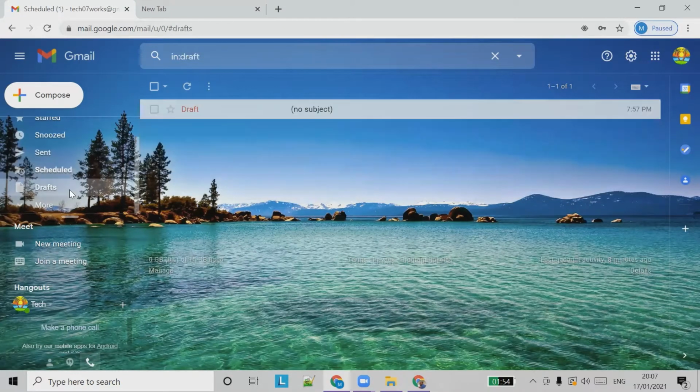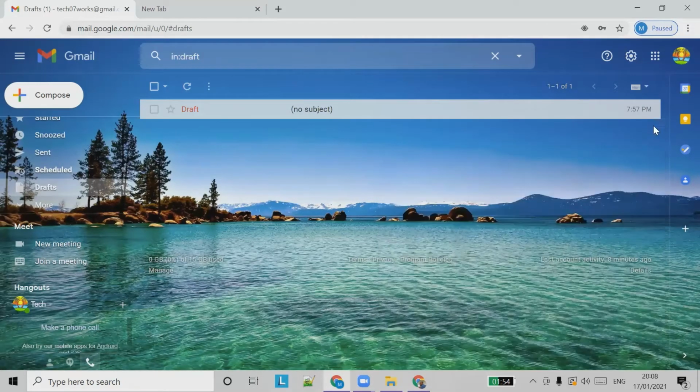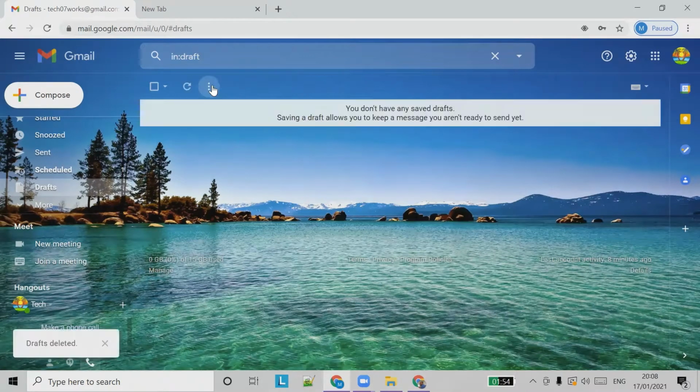We just saw drafts. So drafts are the emails which are not yet sent. So we start typing some email and we didn't click send, or we didn't use the send option, right? It always appears in the drafts list. Okay, and drafts you don't have to save. Once you start composing, it will automatically get saved in the draft email. So if you want to remove the draft, I don't want to send this email, you can discard drafts. So once you do that, it won't appear here, and it will be lost forever.